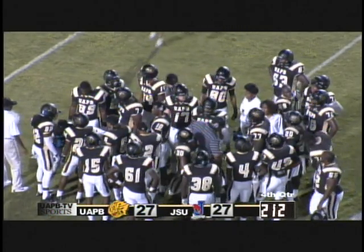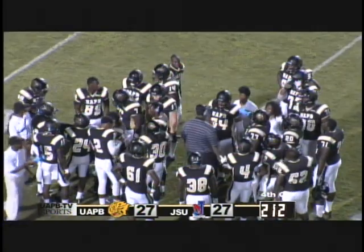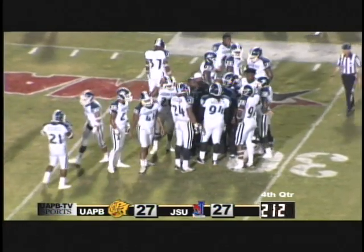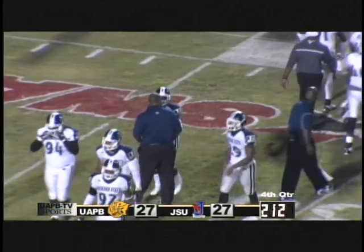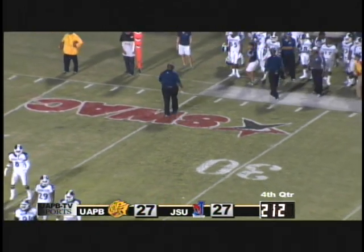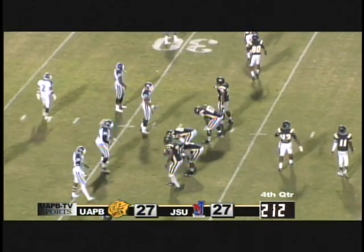So you're looking at just under 50, probably. You're looking at about a 47, 48-yard field goal, which is well into Strickland's range. Definitely is in his range, but the last one that was rushed was blocked in return for 6. Not to be a Debbie Downer here, but it is what it is. It's reality. But let's see if the Golden Lions can make something happen here and get a little bit closer and get out of bounds with it. I believe